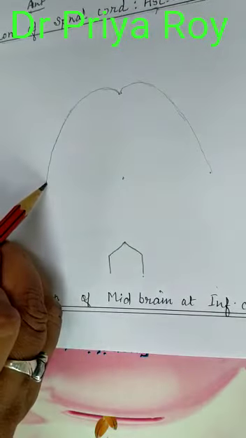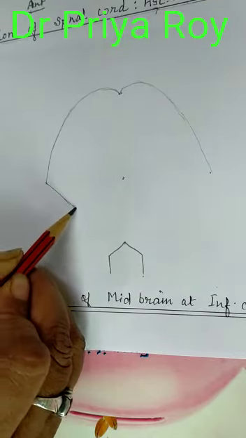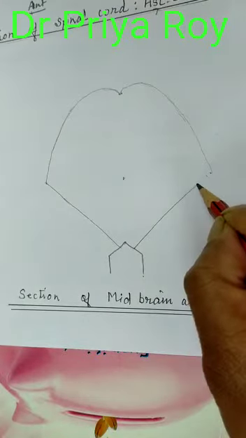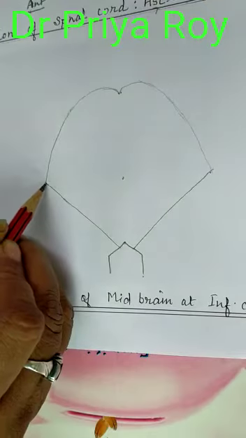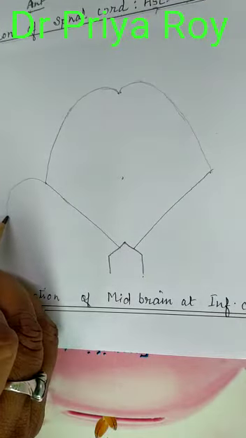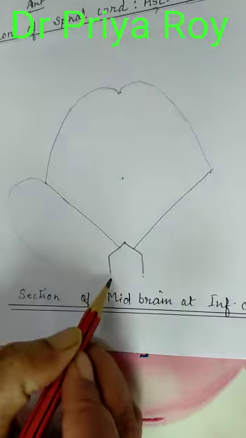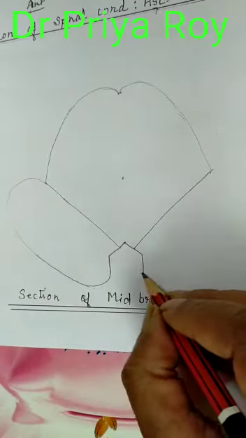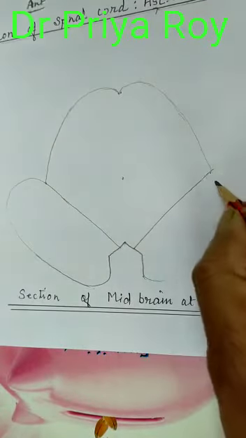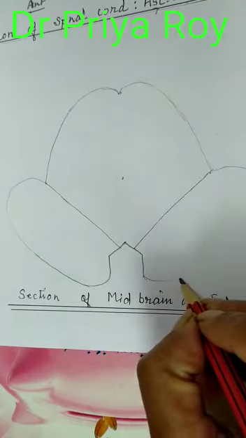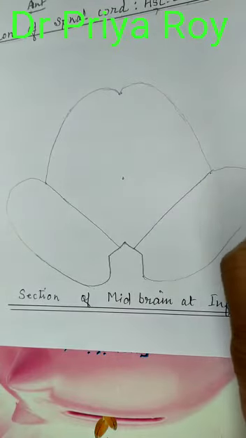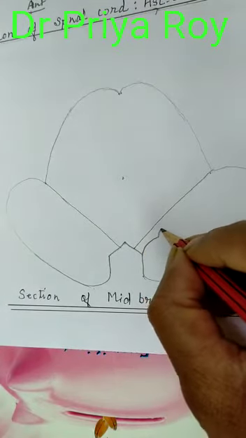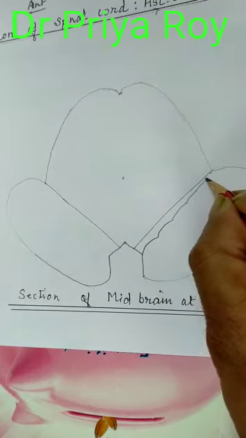Now I will join this line with this a bit in the middle. Here also I will put a join at the middle like this. Now for drawing the crus cerebri, I will join by making a bulge here like this. Now you can see that this is a very peculiar shape of the midbrain, making a crus. So now the drawing becomes very similar if we join this like this. So making a 3, here I will join to make a substantia nigra, as all of you know.